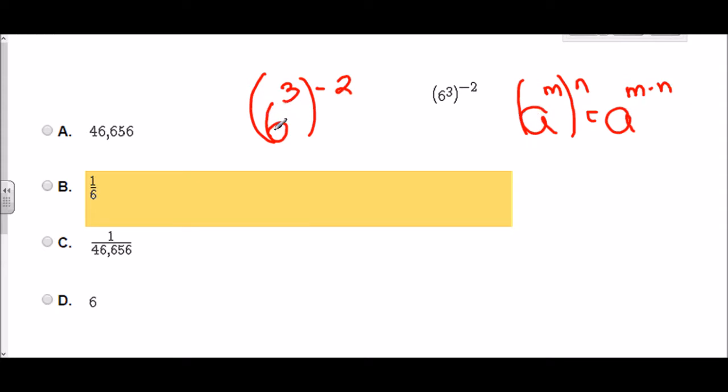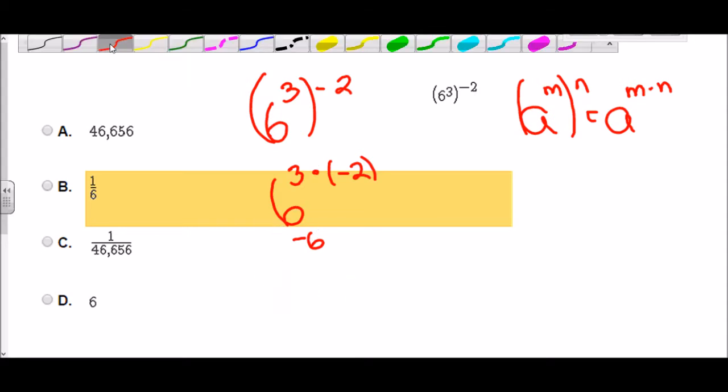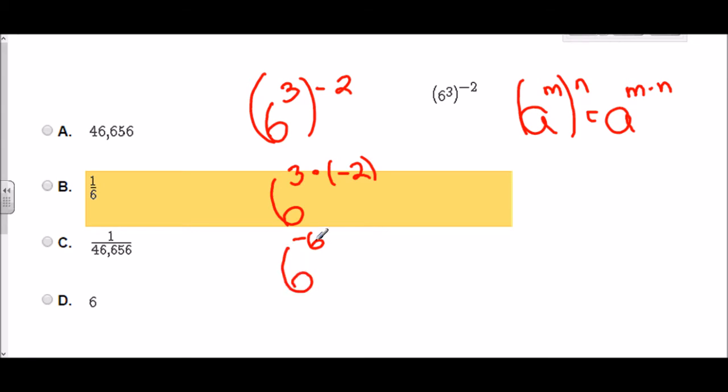So in this problem, then, you're going to end up doing 6 to the 3 times negative 2. So, very simply, 3 times negative 2 is 6, because 3 times 2 is 6, but a positive times a negative is a negative. So this is now 6 to the negative 6th power. Well, now you have a negative exponent, but none of your choices have negative exponents, so you need to evaluate